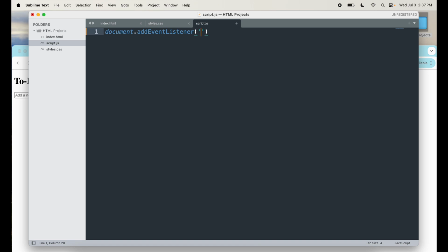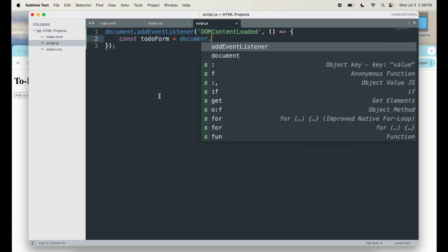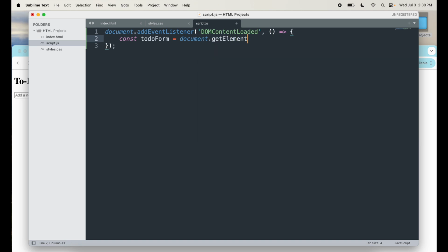So what I'm saying is, add an event listener for when the document object model content is loaded, which means when the web page is loaded. What do I want to do? I want to run this anonymous function, and inside this, it's always better to close your statements with a semicolon. Inside this, I am going to get first the form. So I'll say const todoForm equal to document, for that HTML document, I'm going to say getElementById,